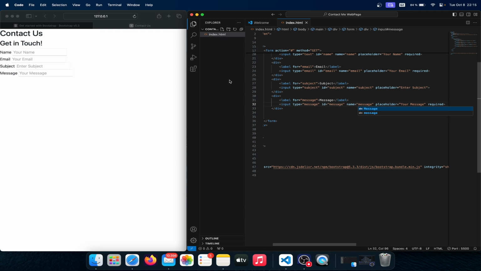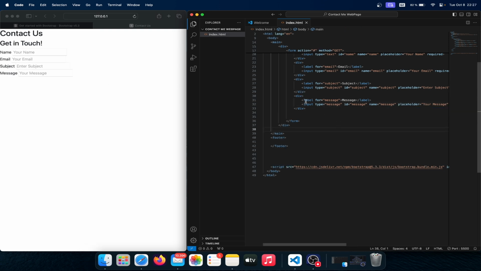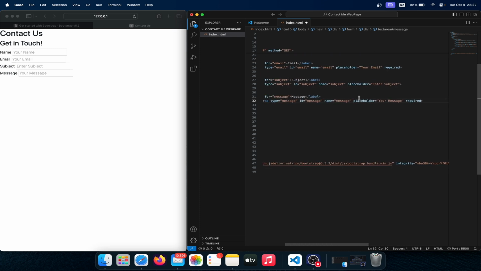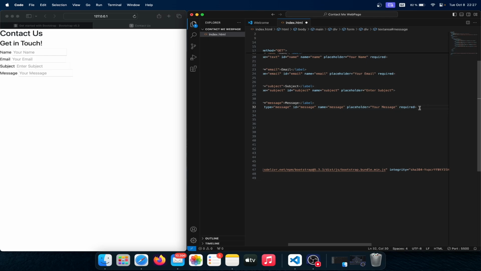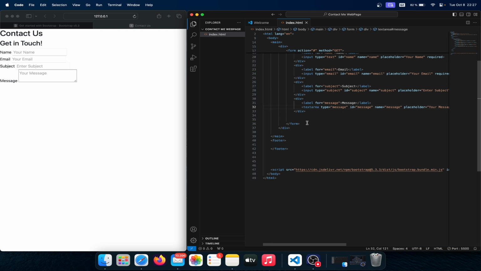So I'll do command plus S, and you can see just one thing, that you need to make this one for the message as text area so that it's a bit wider, and also you need to close this tag as text area. Okay, now you will see that it's a bit wider,